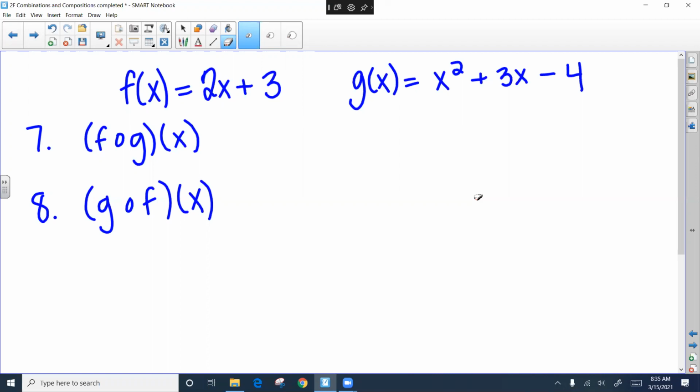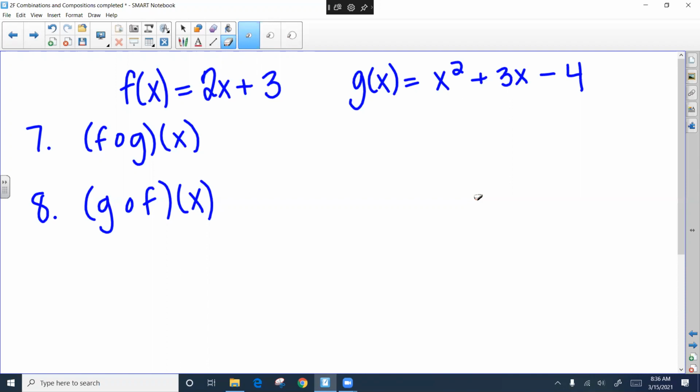So number 7, we have f of g of f. When you see this, you can rewrite it with the letters in the same order, but with parentheses instead. That way we can see that g of x is. So the first one, we actually don't have to use it, because what this is saying is we're taking this whole thing and plugging it in here. So 2x plus 3, but instead of x, I'm filling that square plus